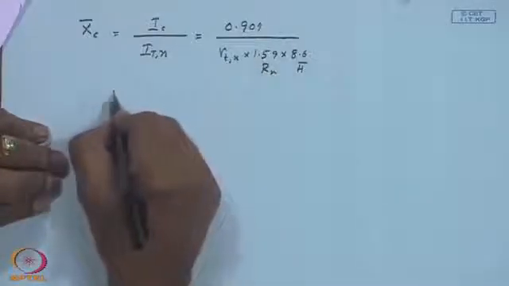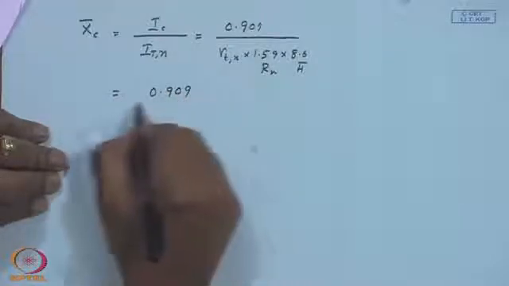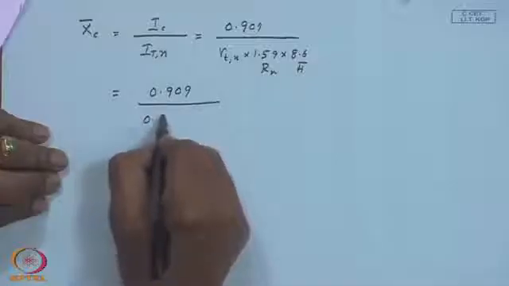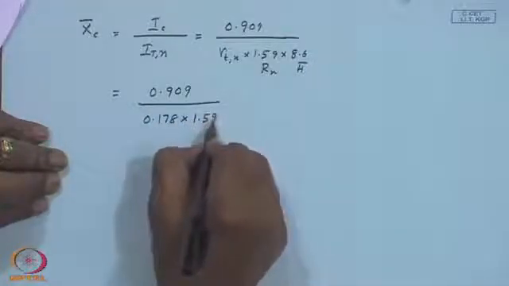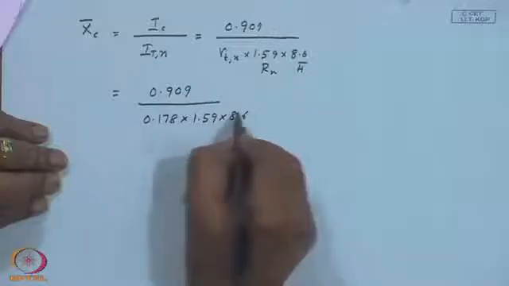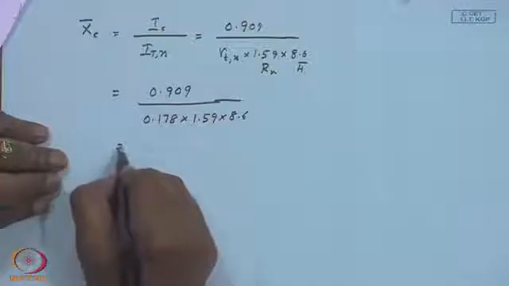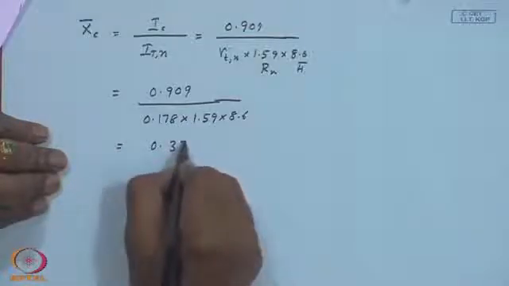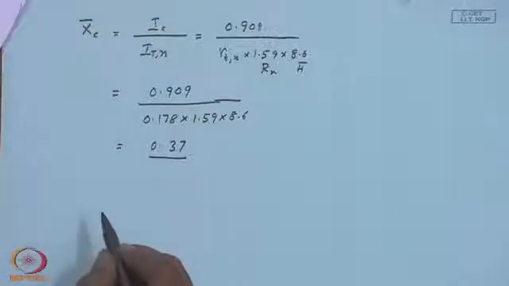So, this will be 0.909 by 0.178 into 1.59 into 8.6. This is in megajoules, this is also in megajoules. So, I had no problem, 0.37. So, we calculated up to the non-dimensional critical level, then we will go to the calculation of the utilizability